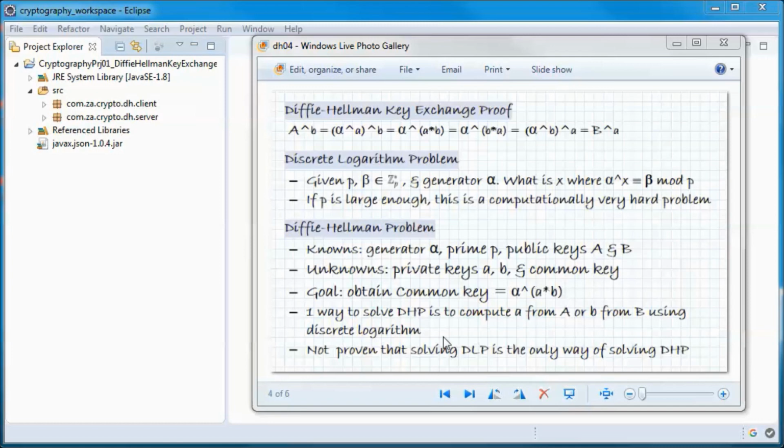And one way to solve the Diffie-Hellman problem is to compute lowercase a from uppercase A or lowercase b from uppercase B using discrete logarithm. But it is not proven that solving the discrete logarithm problem is the only way of solving the Diffie-Hellman problem.